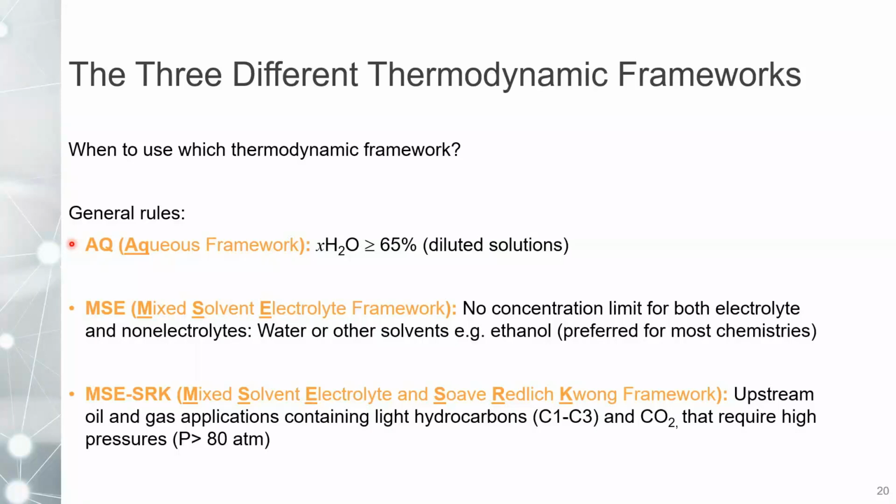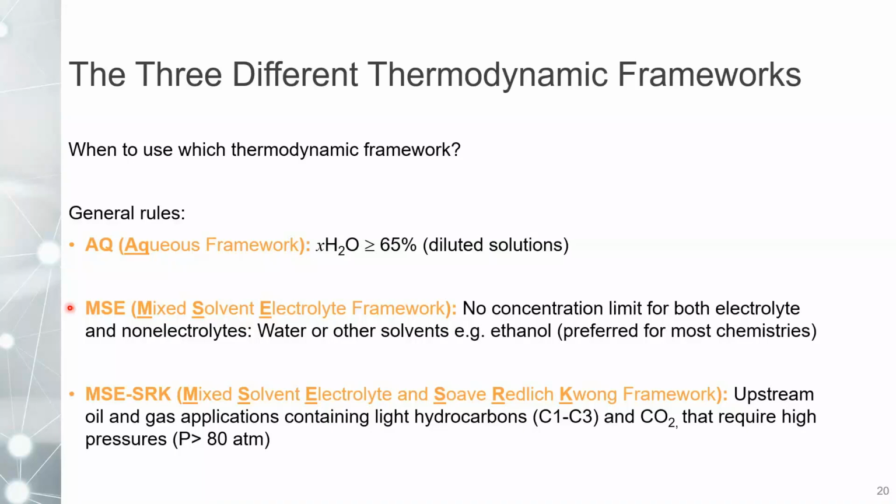But as simulations and industry were using more than aqueous solutions, and not only water as the main solvent, OLI had the need to develop another thermodynamic framework that will use not only water, but other types of molecules as a solvent.